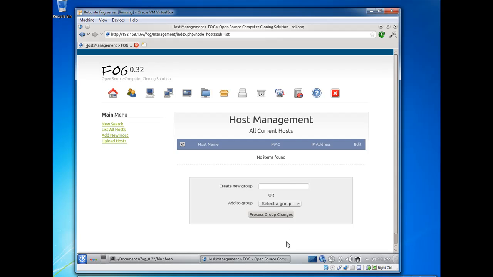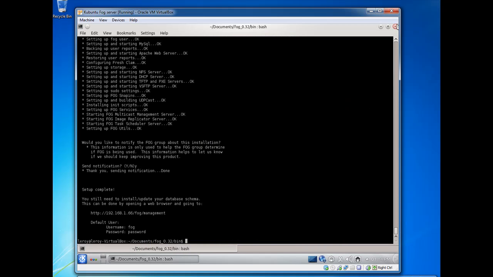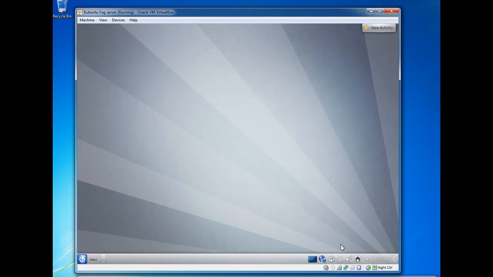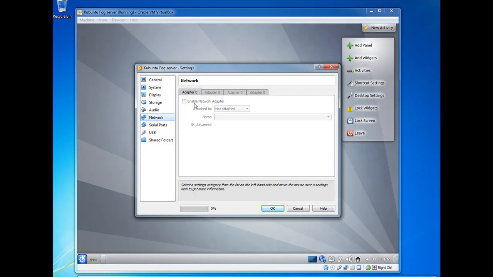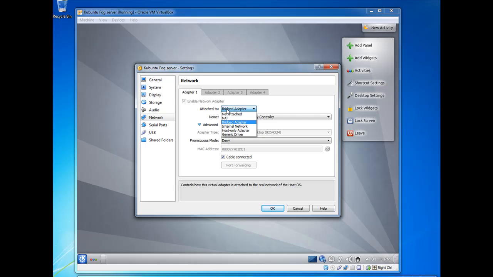But since I have an internal network and I want to set this up to run on an internal card, that was the reason also why we set up a static IP address, because now when I go into VirtualBox, even though Fog is really extremely happy about this, it complains that it can't resolve the web pages or the names, but it still works correctly. So I'm going to go in here in VirtualBox, not inside Kubuntu, but in VirtualBox, right click on the network adapters,